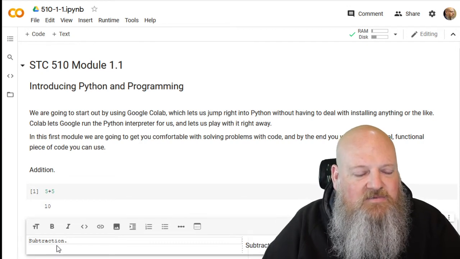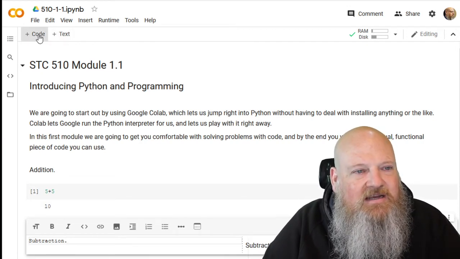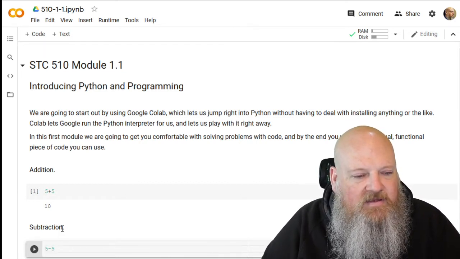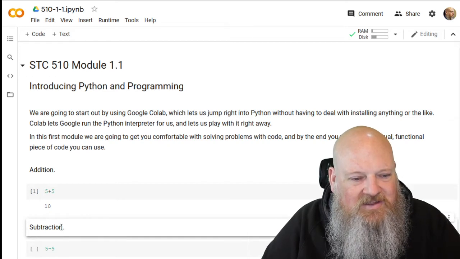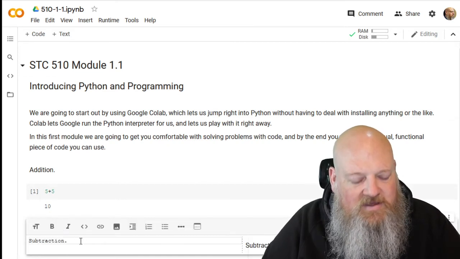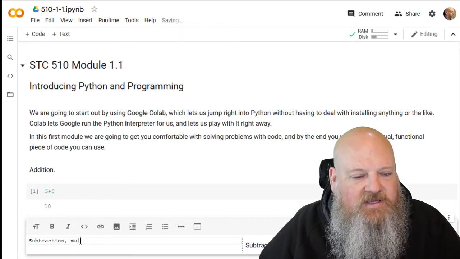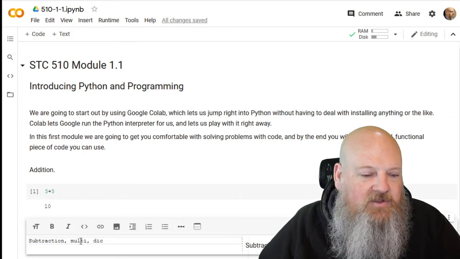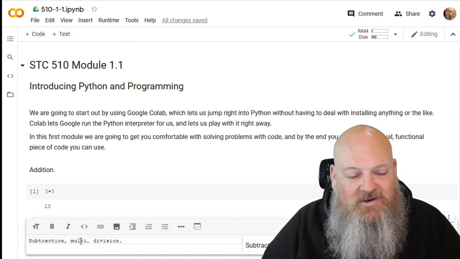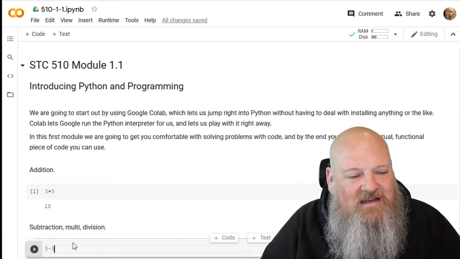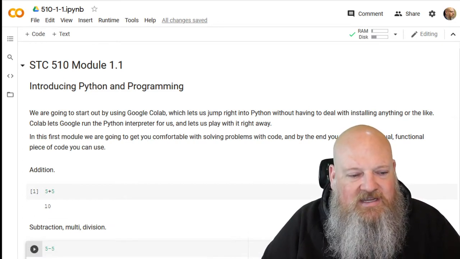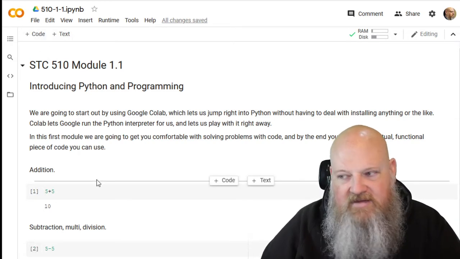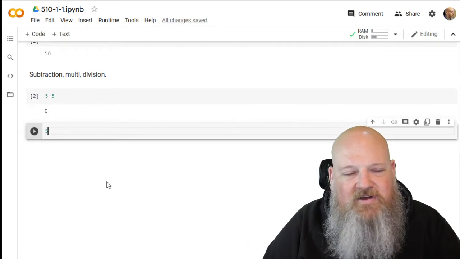You might guess what we might do for a subtraction, right? The code would be 5 minus 5. And rather than doing separate things, we'll go ahead and do subtraction, multiplication, and division. Oops, we'll try to be able to type with people looking, which is never fun, especially with a brand new keyboard. So 5 minus 5 we know is going to give us 0. We can go ahead and do a 5, make sure this doesn't go off the bottom of the screen for you, 5